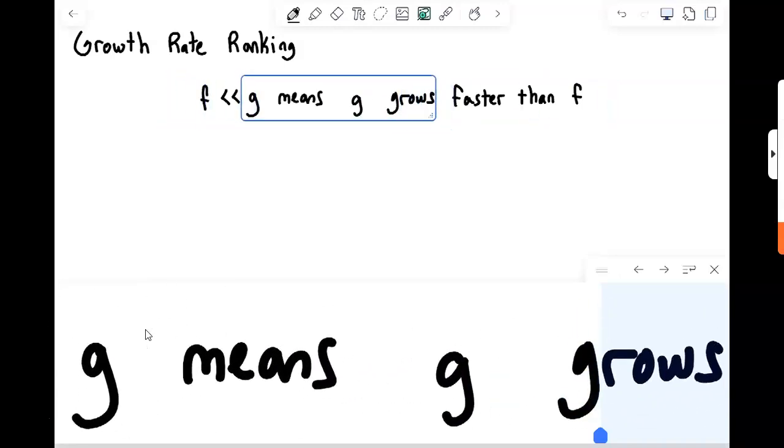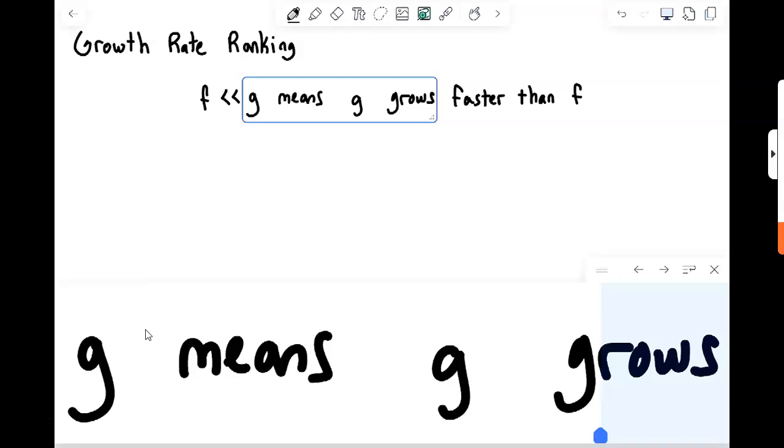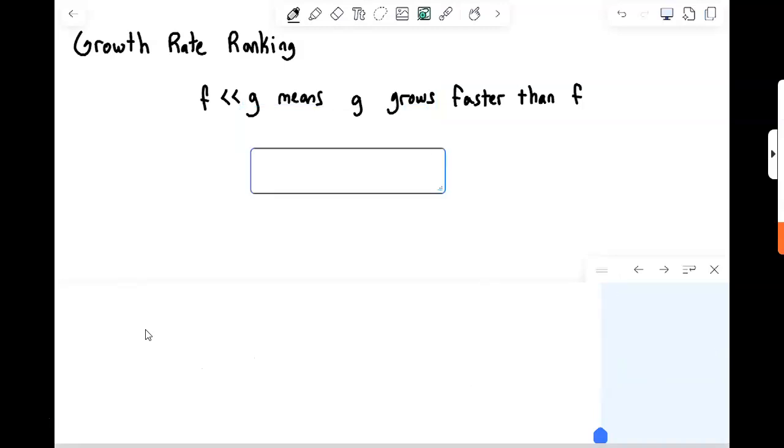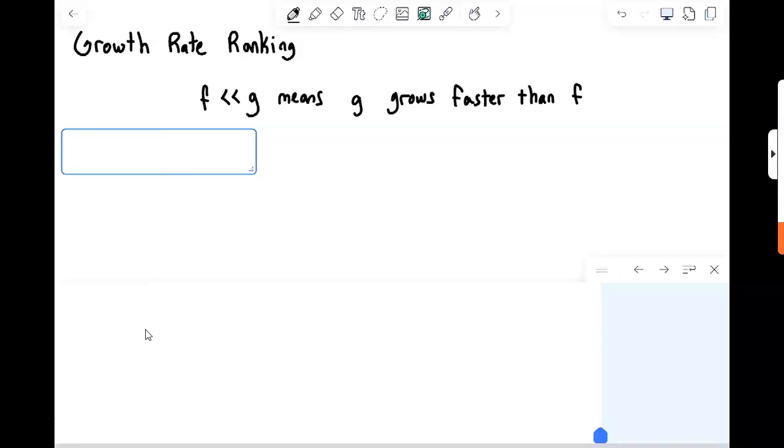So F is slower than G. F's growth rate is slower than G. These are, of course, all dealing with things that are growing towards infinity. So when we talk about this, we're talking about as we go out to infinity. So we introduce